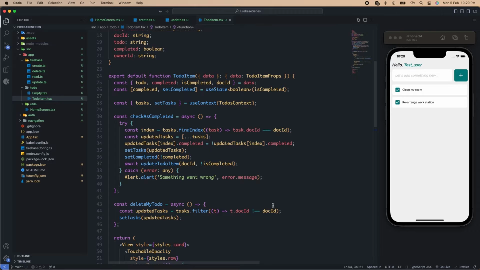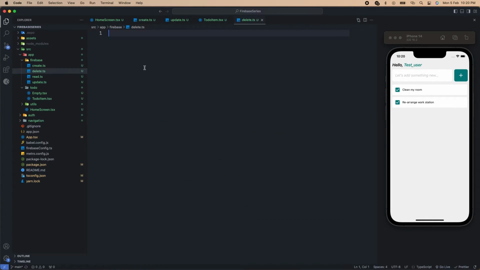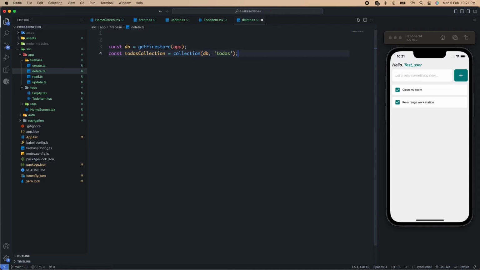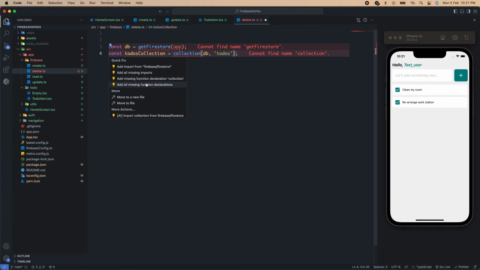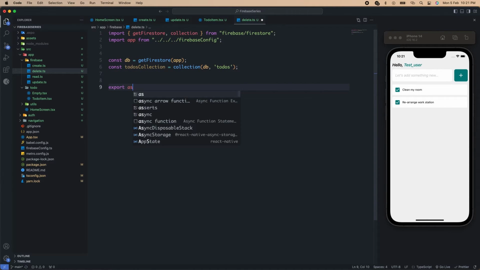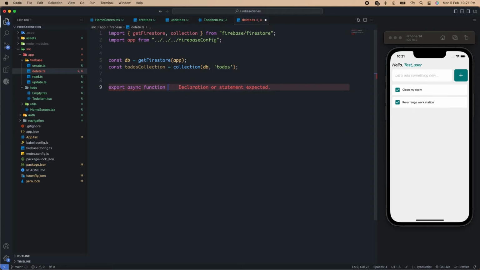Now let's work on delete. For delete, we do the same thing. Like I said, in a real world application you would want to import, but for teaching purposes that's why I'm repeating myself over here. So let's import this. Then we come here, delete my to-do item,